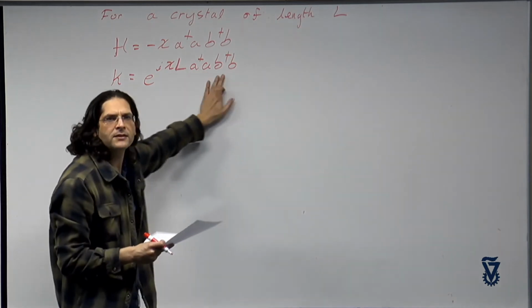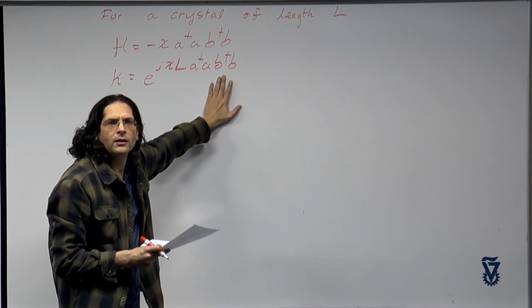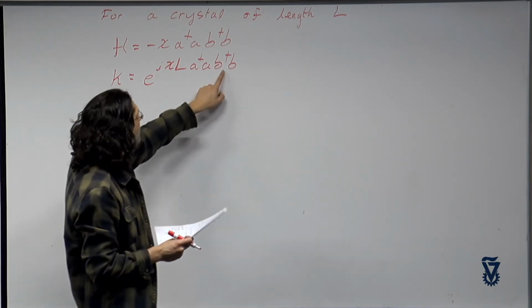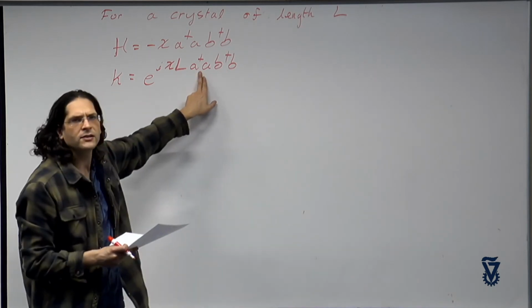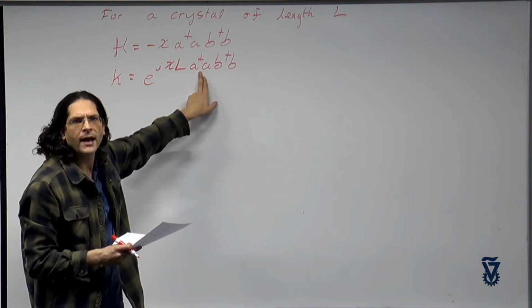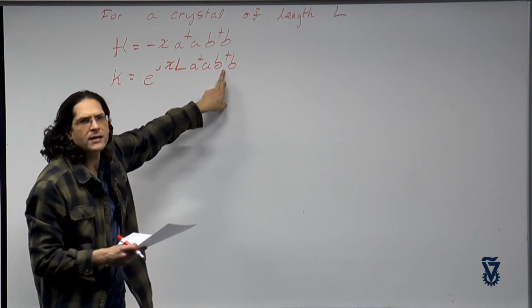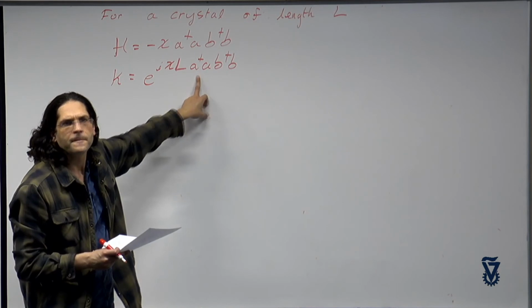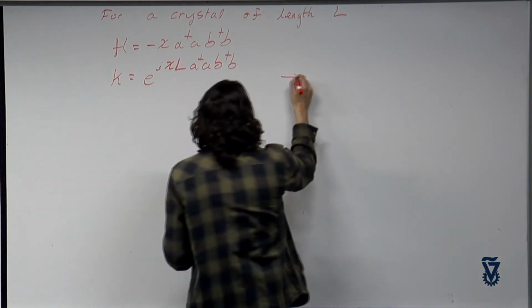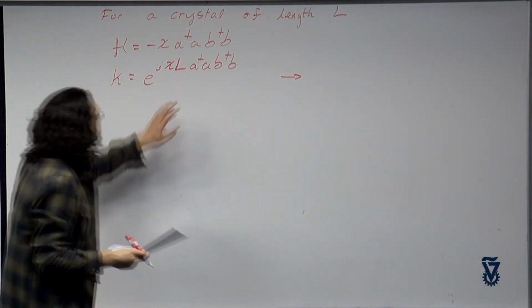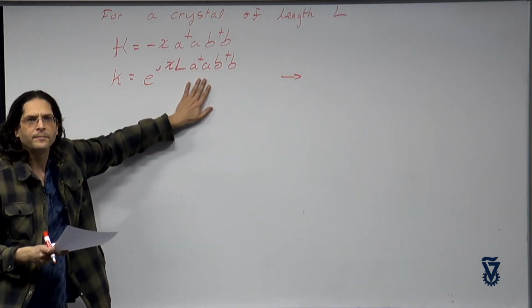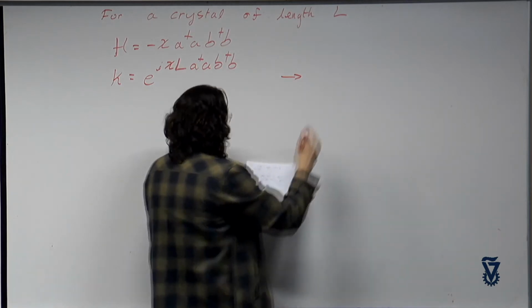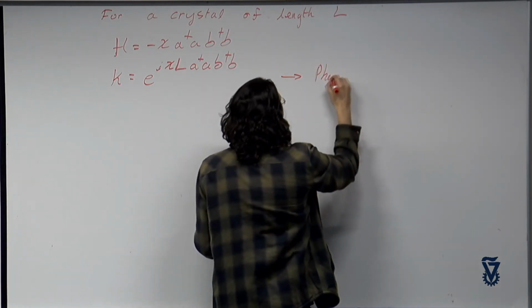And what you can see here is that this evolution gives us, for a certain mode, a phase shift that depends on the occupation of the other mode. So if I know that the other mode has one photon, then I get a certain phase shift on A. If this mode has no photons, this mode gets no phase shift. Okay, so we have the result of this Hamiltonian, and you'll see this form come over and over again. It's like this dispersive interaction that causes a phase shift